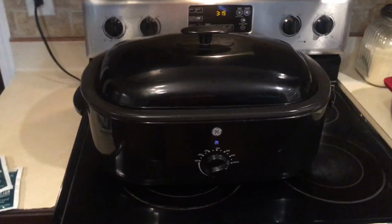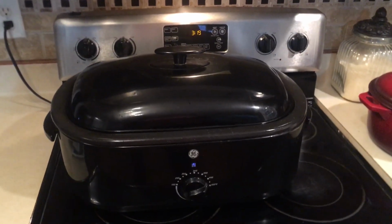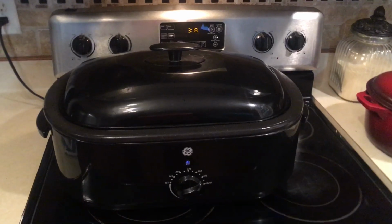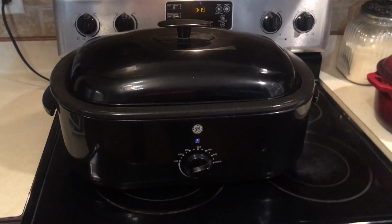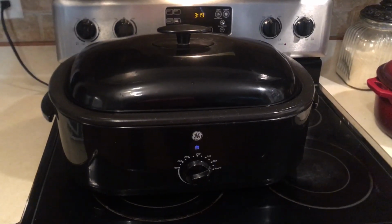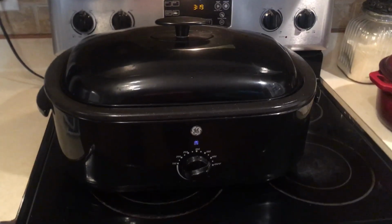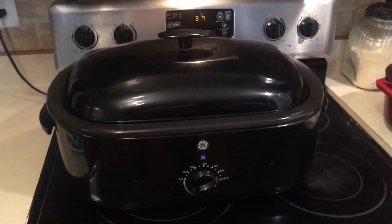I have something that you are really going to love. I want to share this with you. It's a roaster. And so you can get these at any kind of outlet stores, or even Walmart has them, Target has them, and especially with Black Friday coming up, these you can probably get for about $15 or $20. And so I want to show you what you can create in just one simple roasting